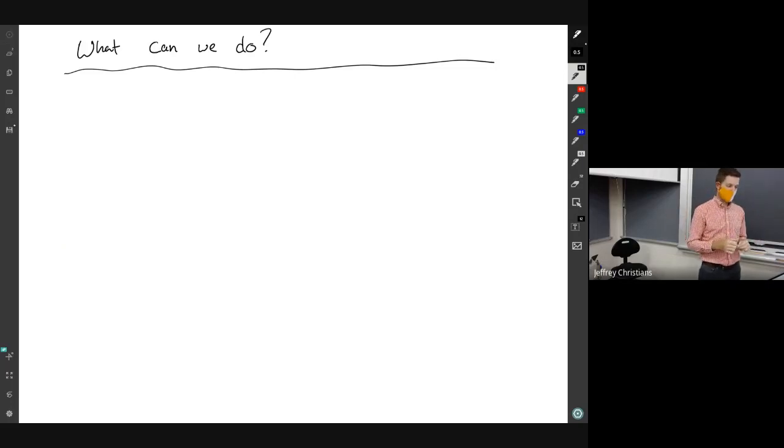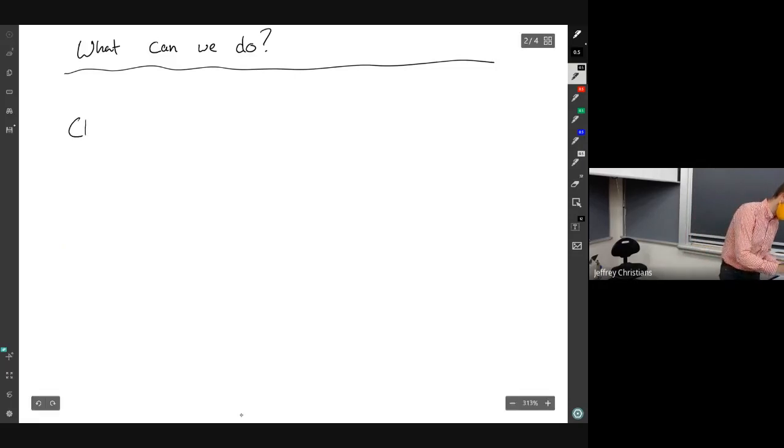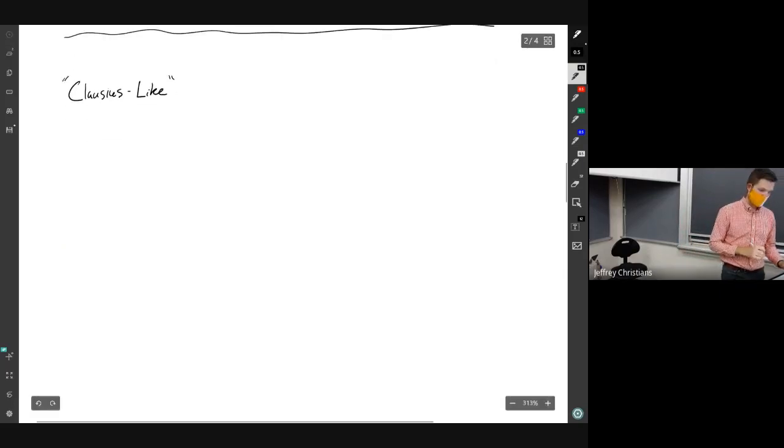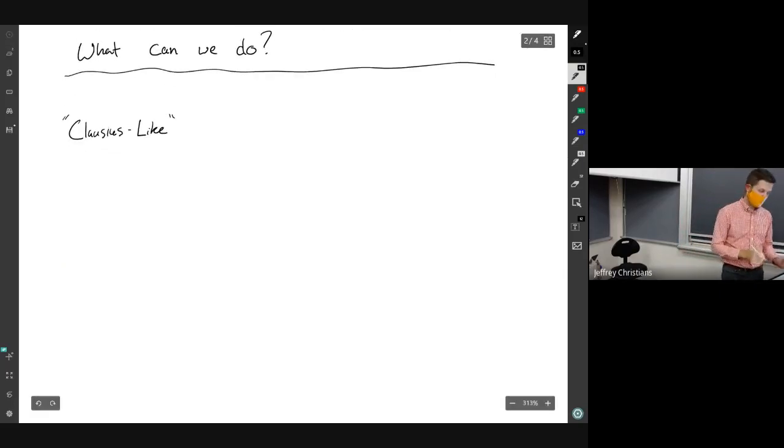I'm going to at least call them that for right now. This one is the Clausius-like part. Again, you don't need to remember the Clausius and Kelvin. You don't need to remember the names. But that's just kind of shorthand for referring to them for right now. So